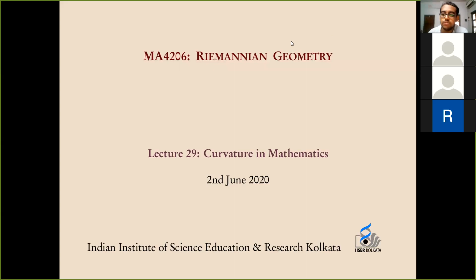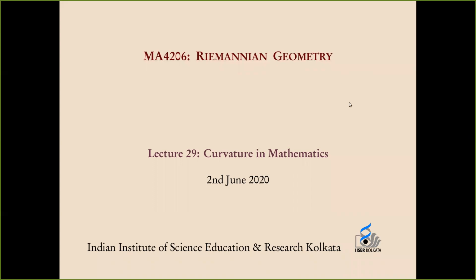Okay, so I want to talk today about only a few specific theorems because the subject of Riemannian geometry itself is vast and there are lots of great and beautiful theorems which one would like to talk about for hours and hours. But I'd like to focus on a few specific theorems which will fit well with whatever you have seen in the course. Okay?